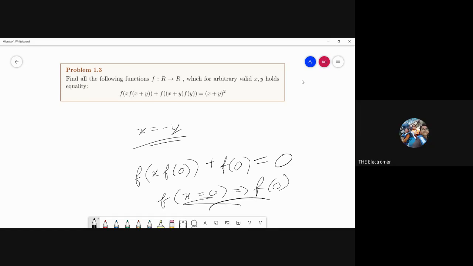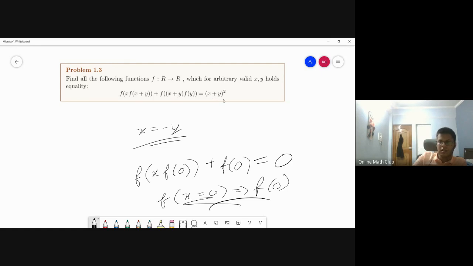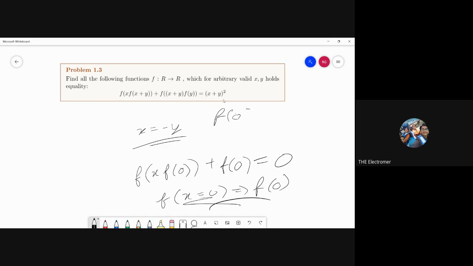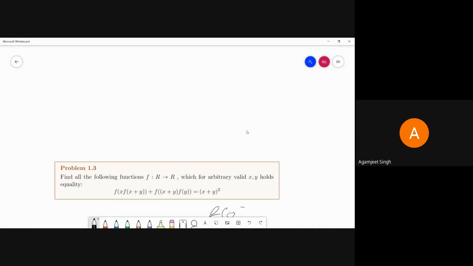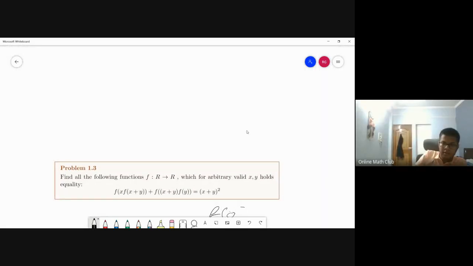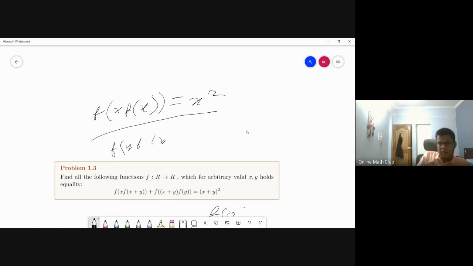Wait, how? I just plug 0 comma 0, he said. 0 comma 0 just means f of 0 is 0. Y equals 0 would give that f is surjective for non-negative reals. Y equal to 0, you say, right? So f of x is equal to x square, correct? Yes. And x equals 0 gives us f of y is y square. Okay, same thing.